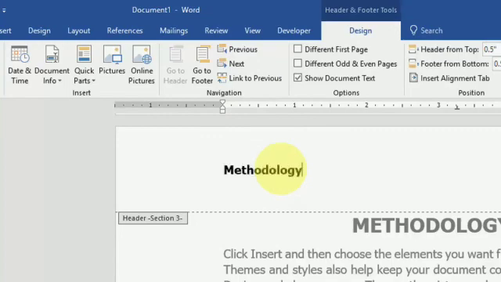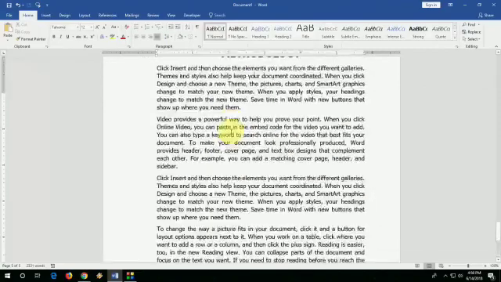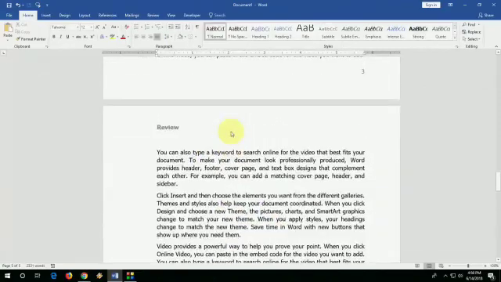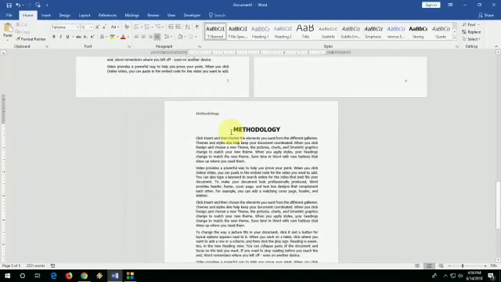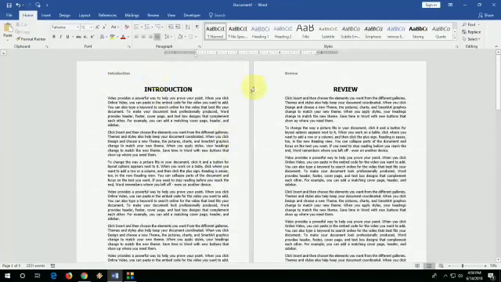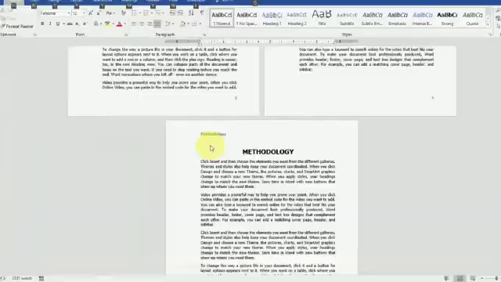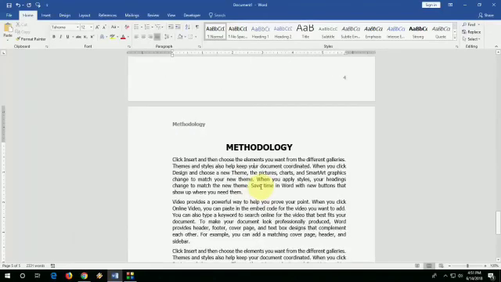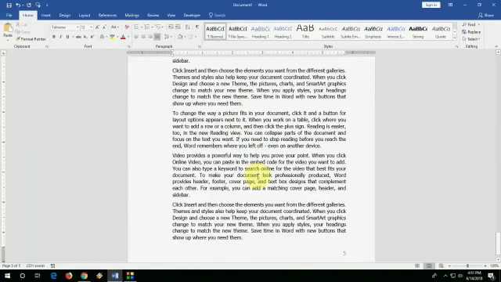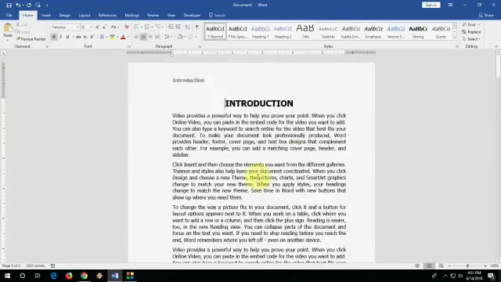Now see, the content has been changed, and then see the other content of header section, and each and every page has a different header content. And see this one, methodology, and the other content you want to change, then you can change according to your requirement. Best of luck, students.